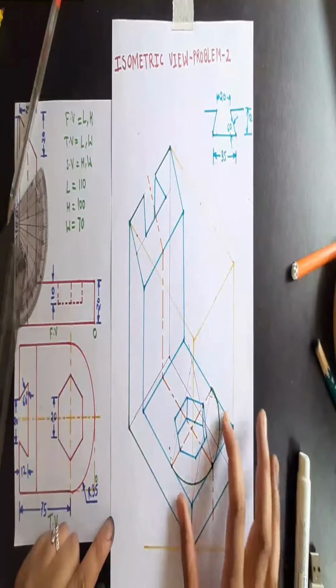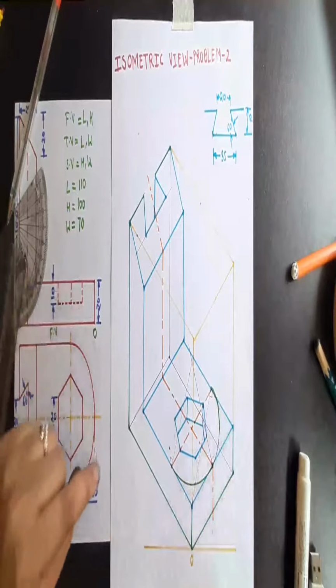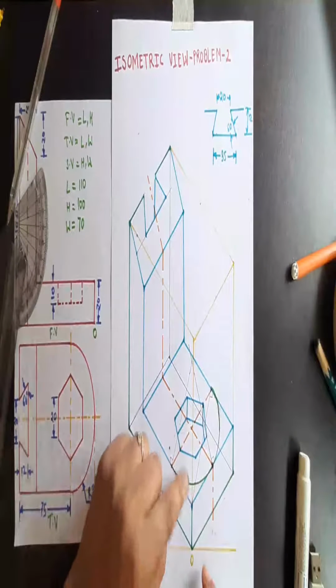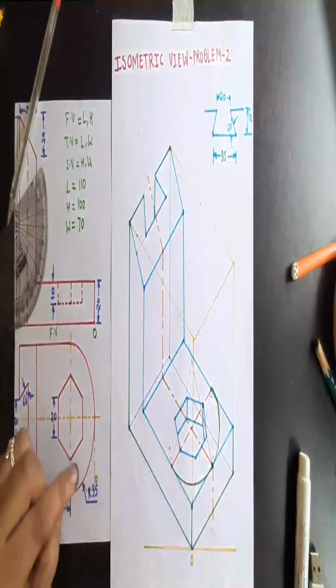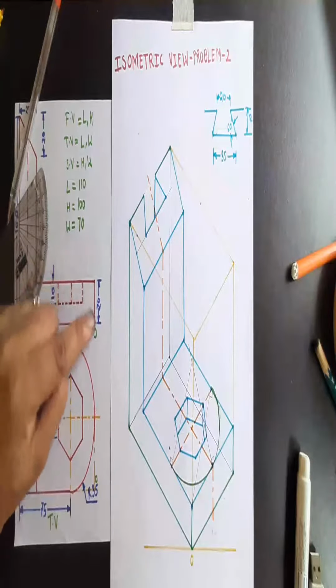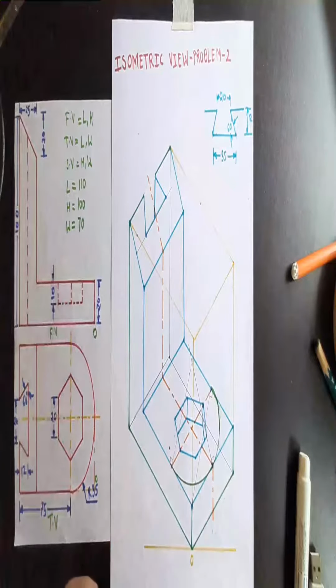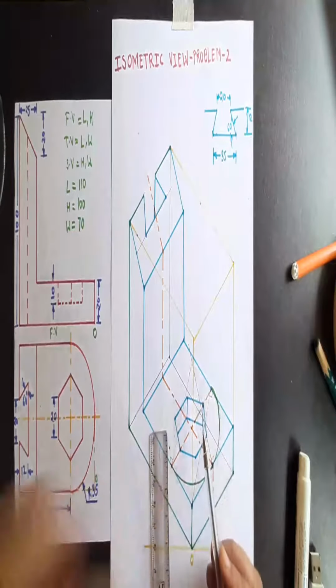Now this semicircle is going to be on the bottom side, because you can see here that there is no rectangular part over here. It is again a semicircular part. So to shift it downward, first shift the center point. Now that center point is shifted downward by 20 mm. You can see that along the height it is 20 mm. So let's take the center. Let's start with this one.